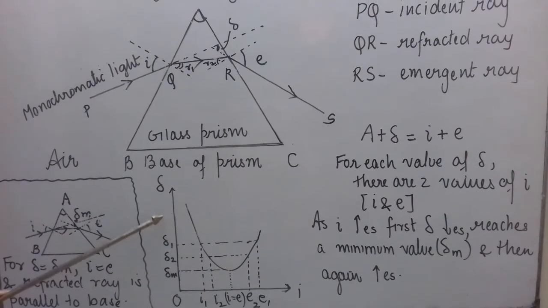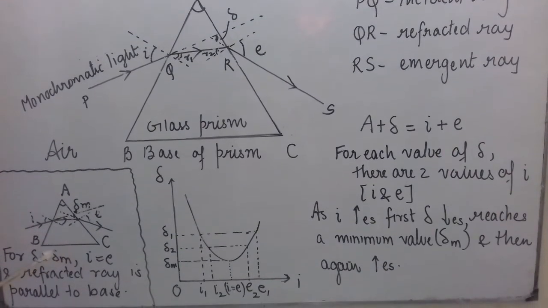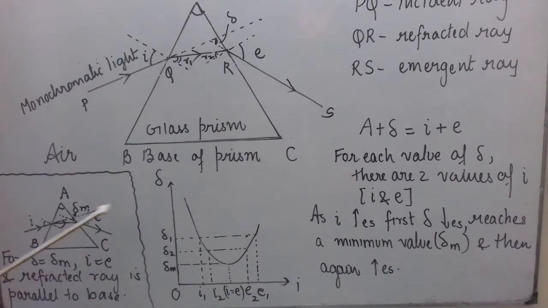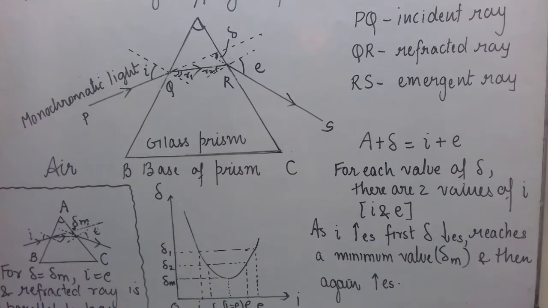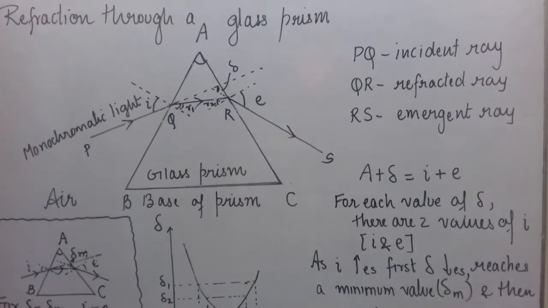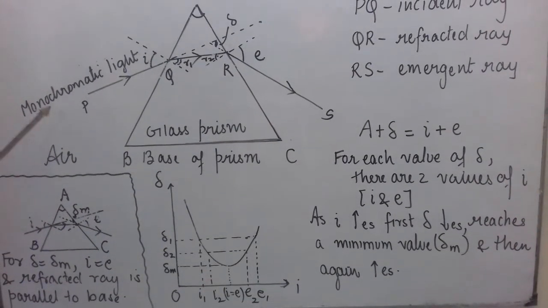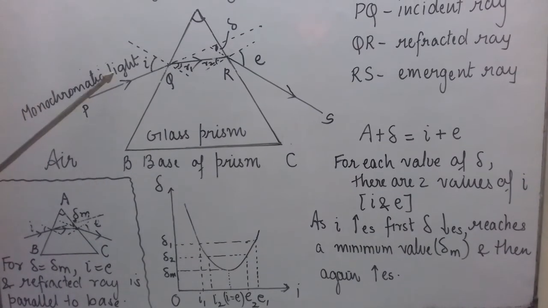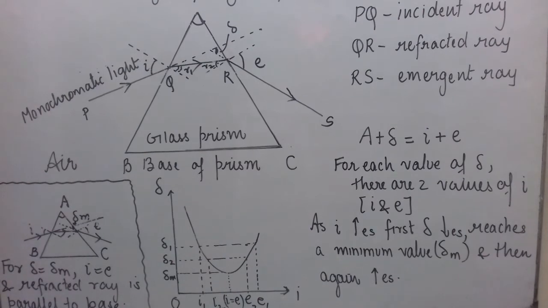Although this graph is not in your syllabus, you should do this because I have noticed that in the MCQs for entrance exams, such questions related to these things can be asked. I hope this topic is clear to you. We'll continue with this in the next class. But do remember that in this case we have considered monochromatic light, refraction of monochromatic light through a glass prism.